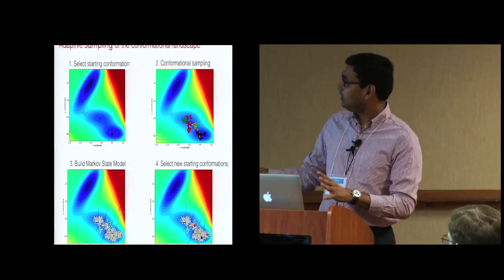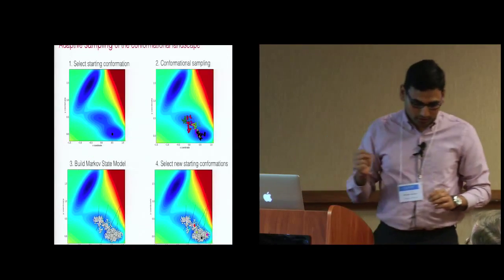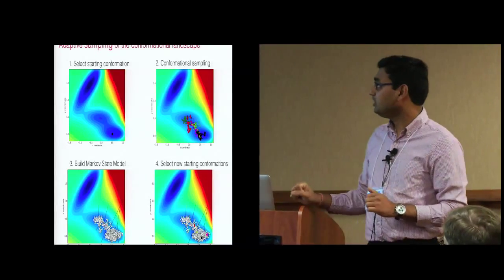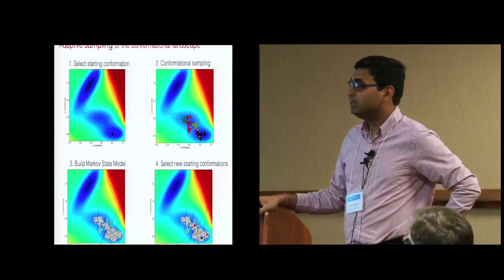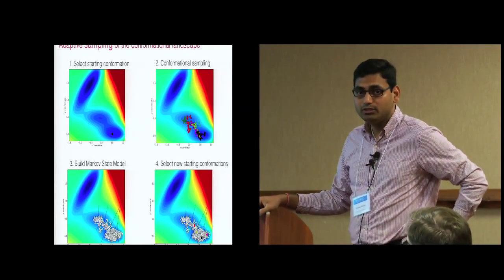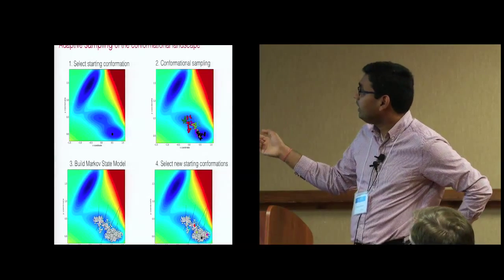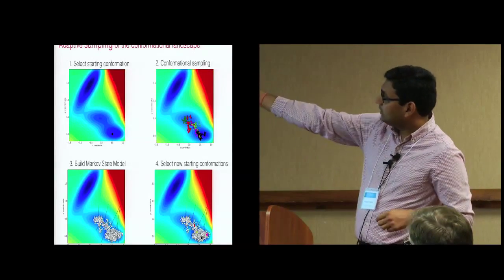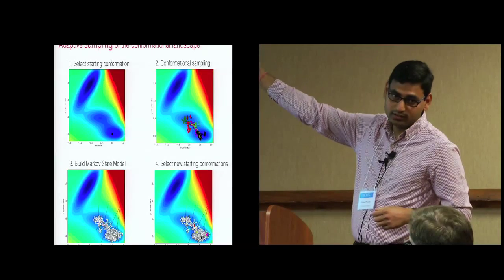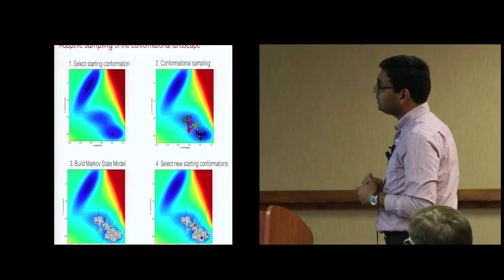And I will give you a little demonstration. This is a simple Muller potential. The blue is a minima. The red is high energy states of a protein. For example, you can think of it that way. And I want to go from one blue minimum to the other, on the other corner of this picture.